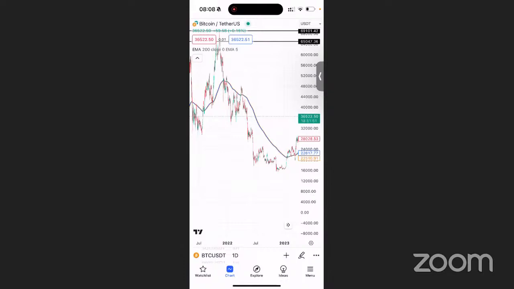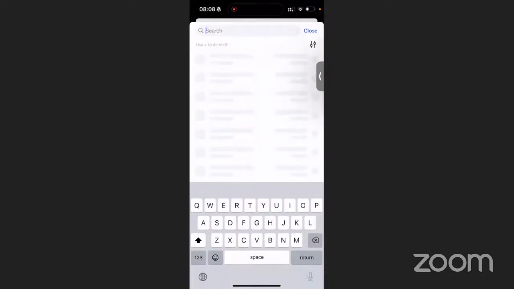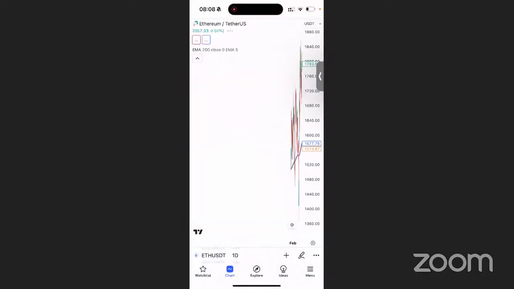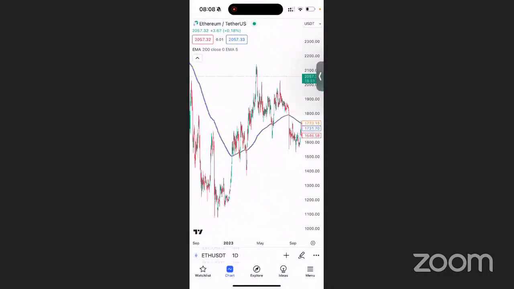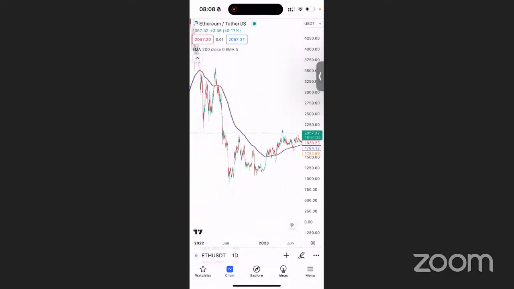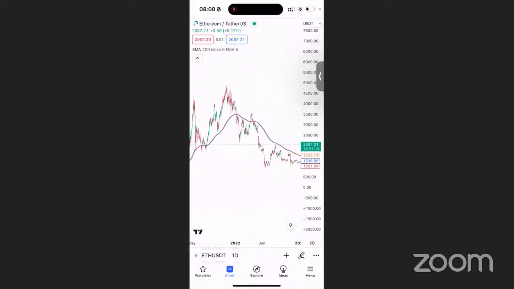So a 200 moving average confirms whether this particular asset you are trading is on an uptrend or on a downward trend. So I'll just now go to the Ethereum USDT pair. I know when I'm talking about this, I may not be able to exhaust everything, but I want to speak the same language so you will all understand. In the previous cycle of Ethereum, we saw that in 2021, ladies and gentlemen, candles closed,